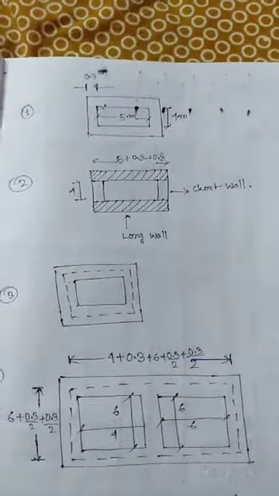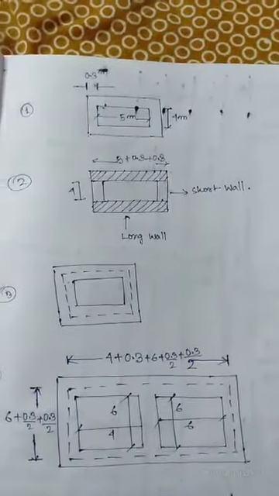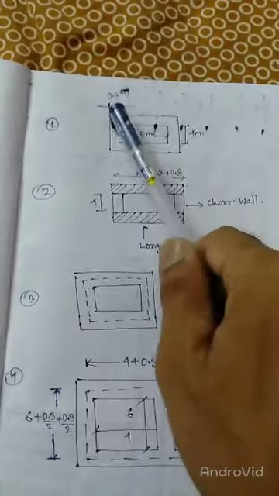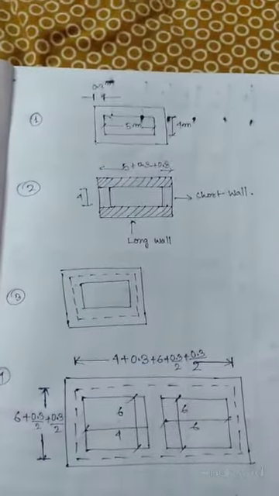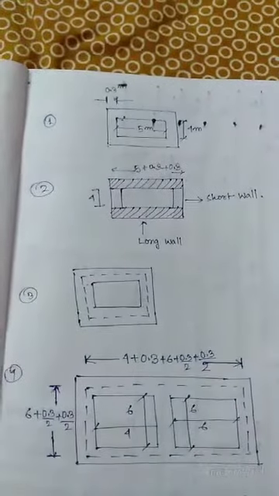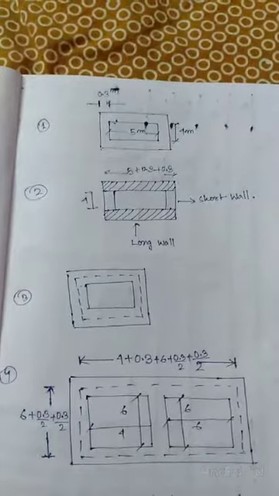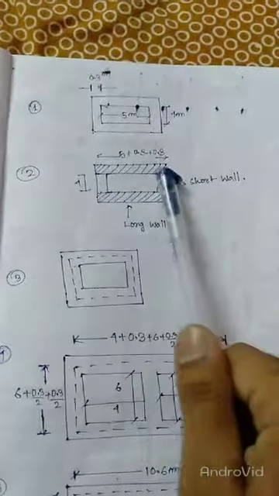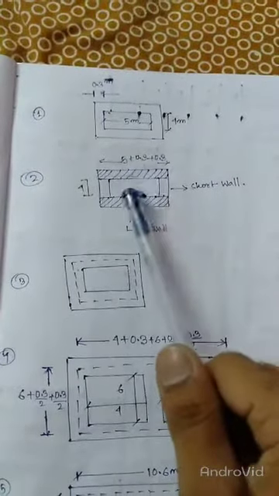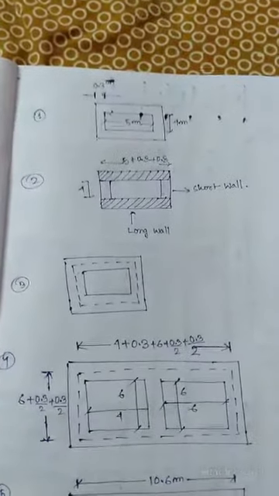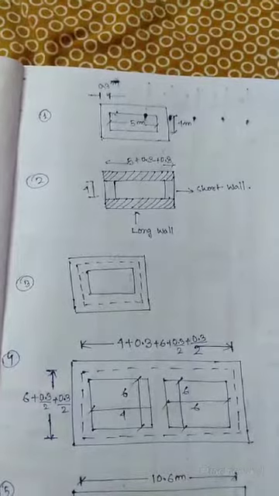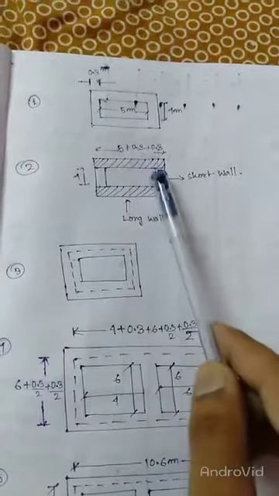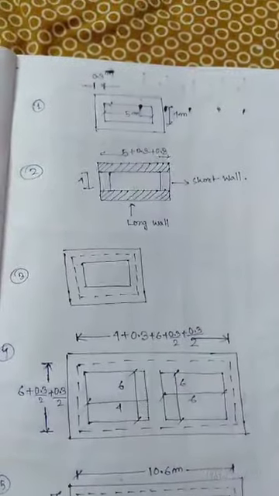So what I am doing here is dividing it into 2 parts. The wall thickness is 0.3 meter. Okay, this is the wall thickness, and that is 0.3 meter. So the longer length I am dividing with respect to the thickness of the wall, and this becomes the long length, and the other remaining 2 parts will be considered as the short wall. So this and this is the short wall, and this is the long wall.